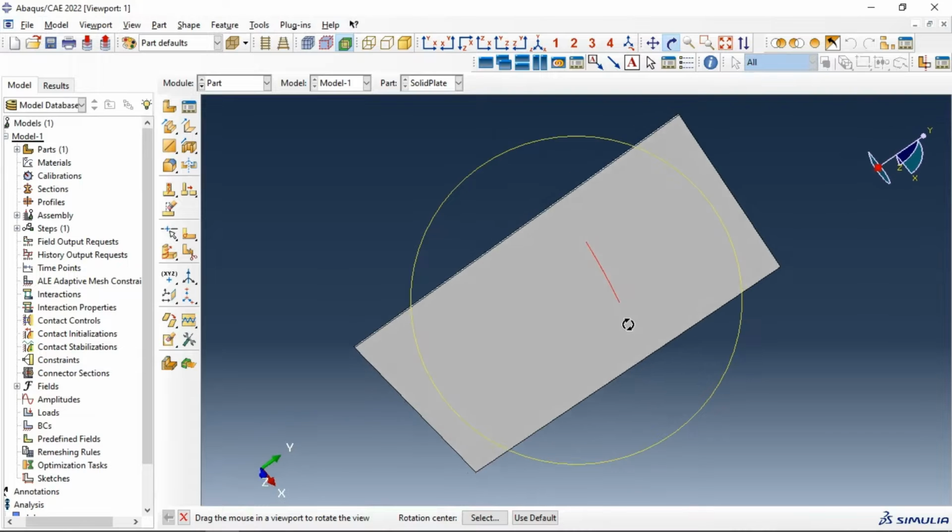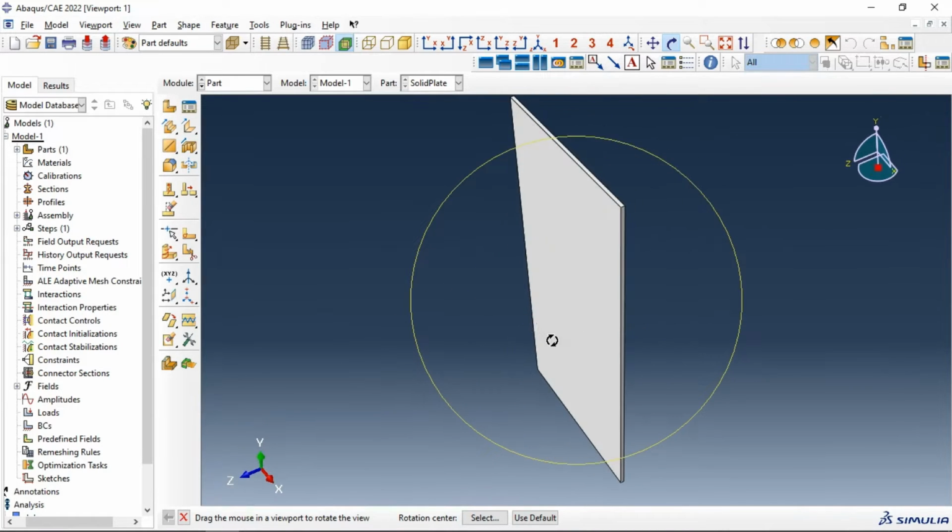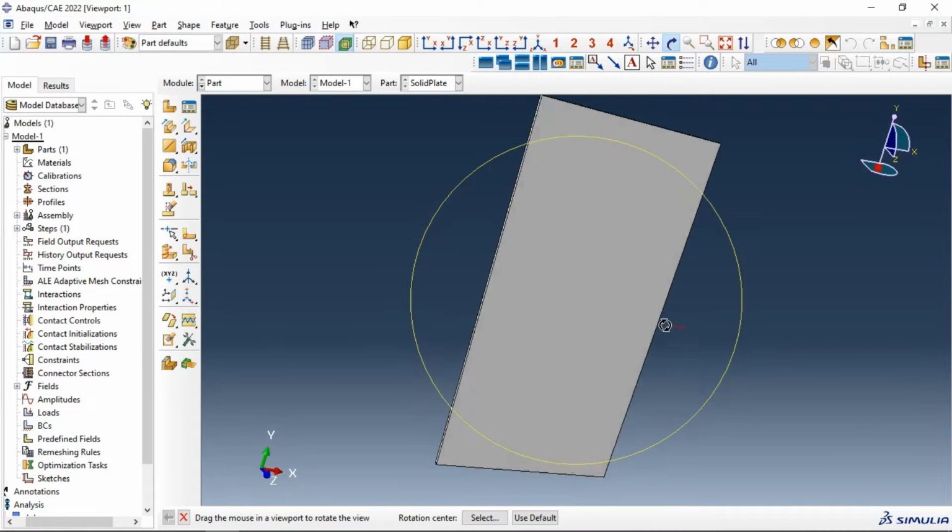As you can see here, we have our plate, and now the necessary step is to create partitions